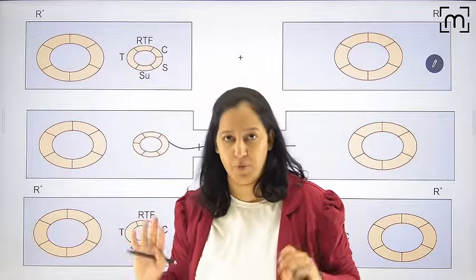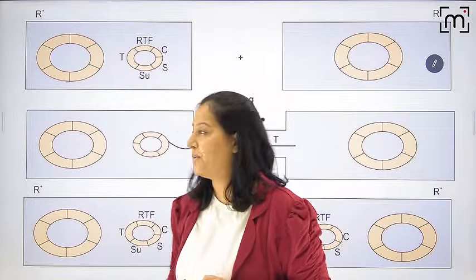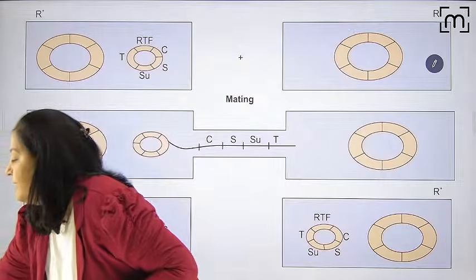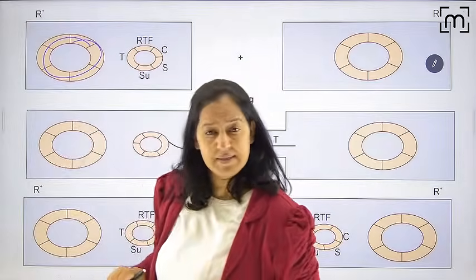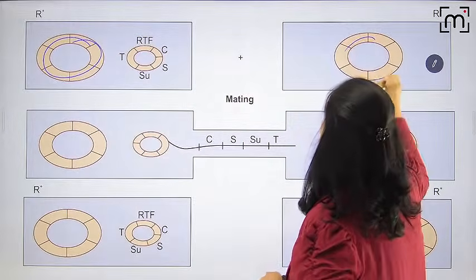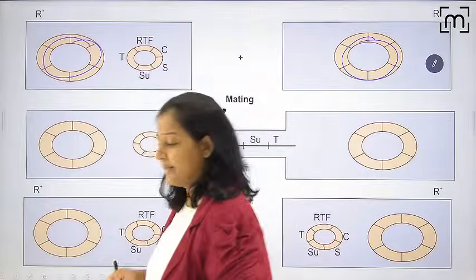Best friends. Janmo ke friends. They are best friends since childhood. Suppose, okay. What is the difference between them? Say, ma'am, this also has a chromosome, single circular. This also has a chromosome, single circular. What is the difference?